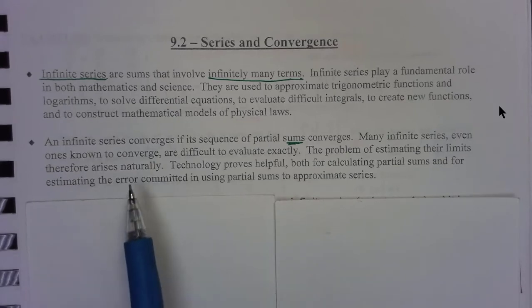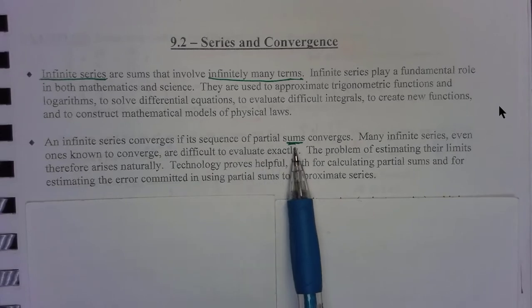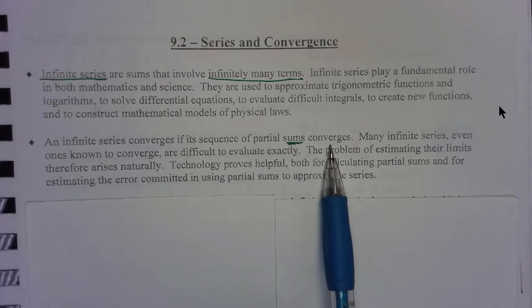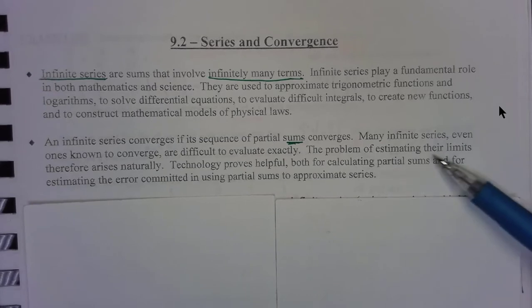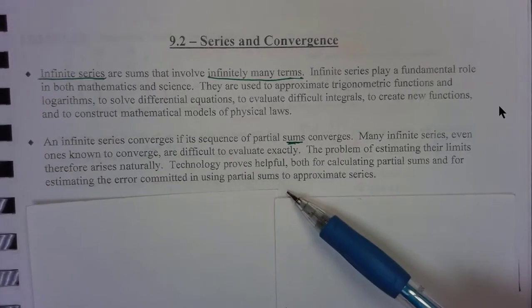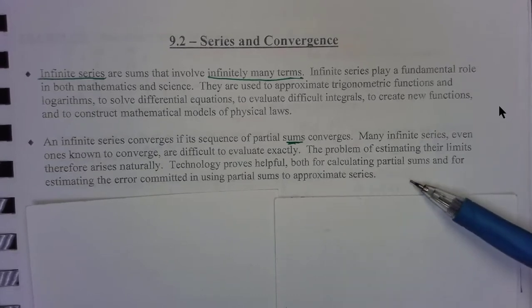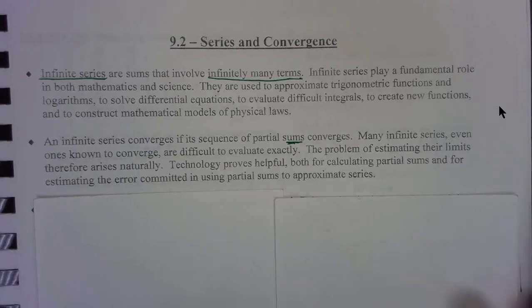An infinite series converges if its sequence of partial sums converges. Many infinite series, even ones known to converge, are difficult to evaluate exactly. The problem of estimating their limits arises naturally. Technology proves useful both for calculating partial sums and for estimating the error committed in using partial sums to approximate